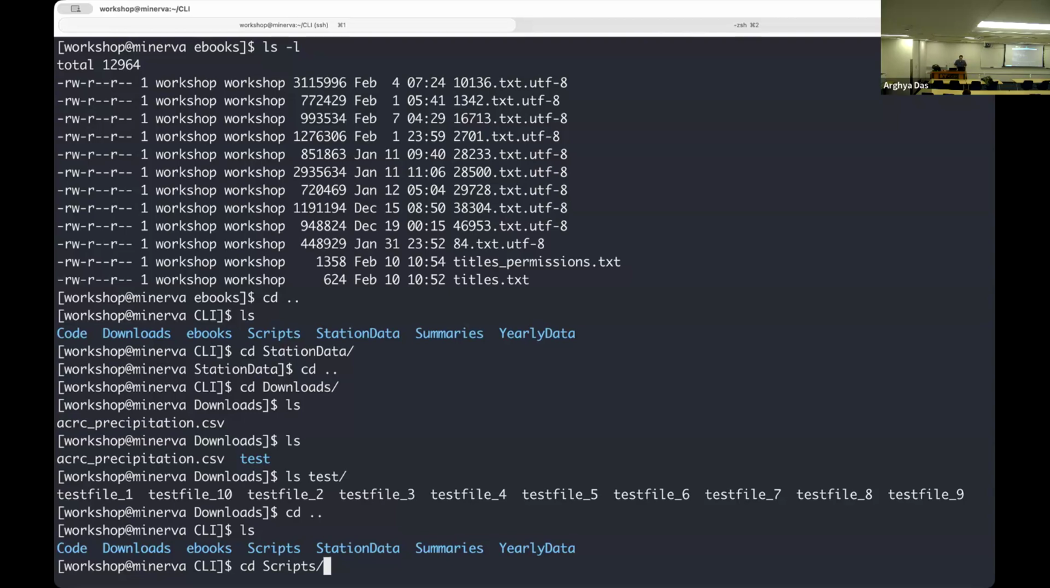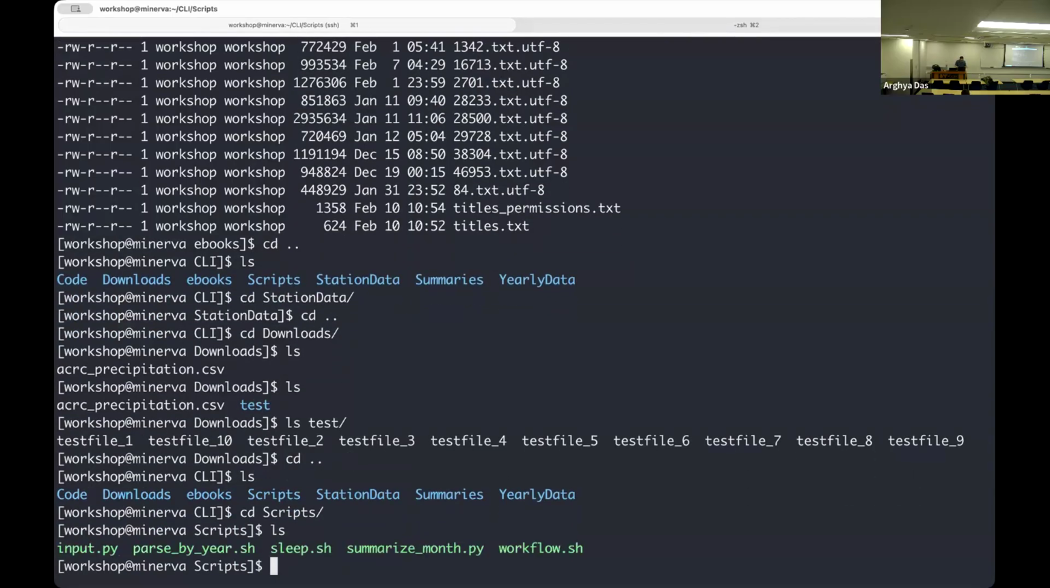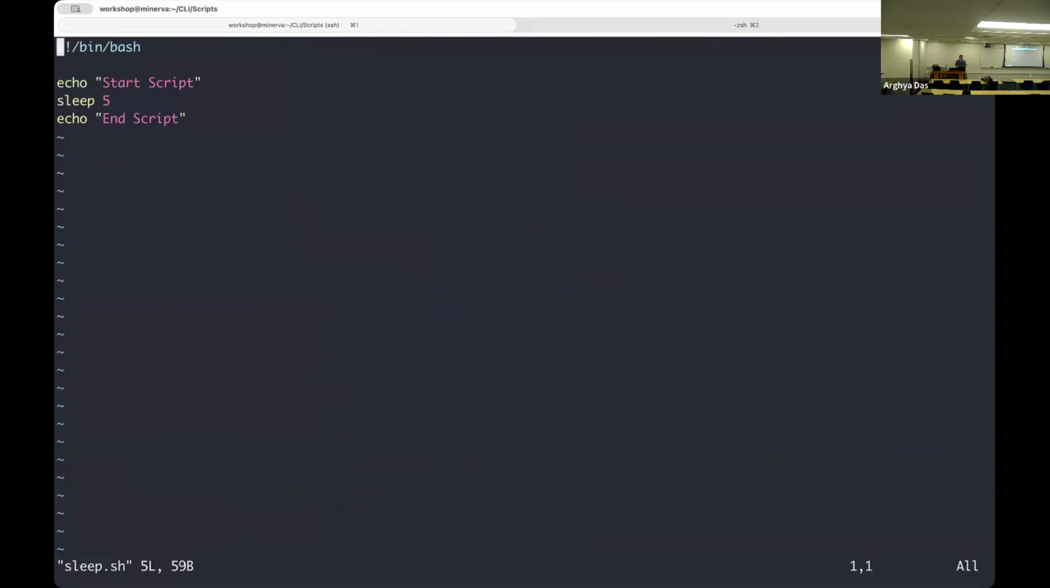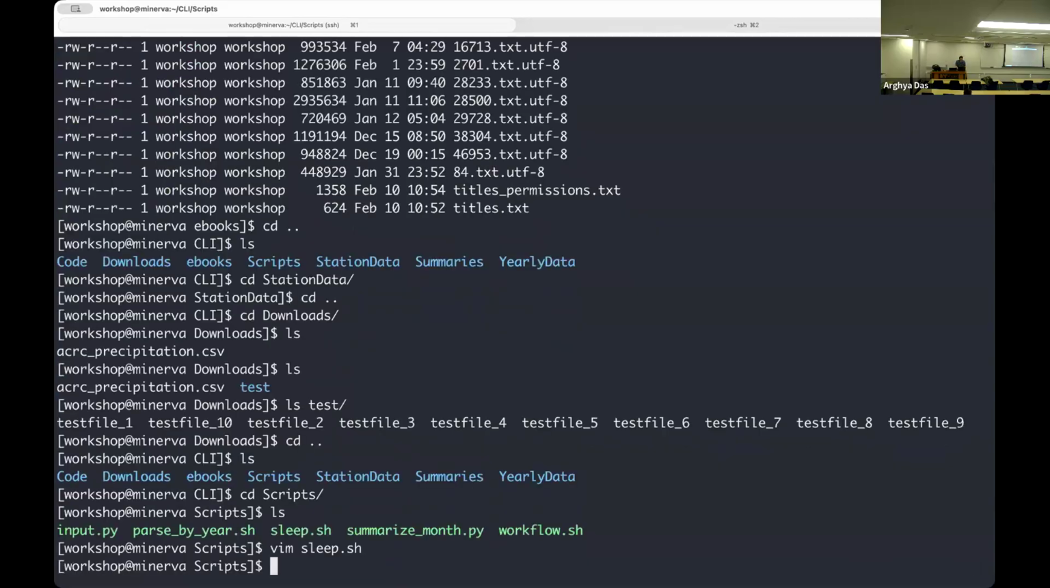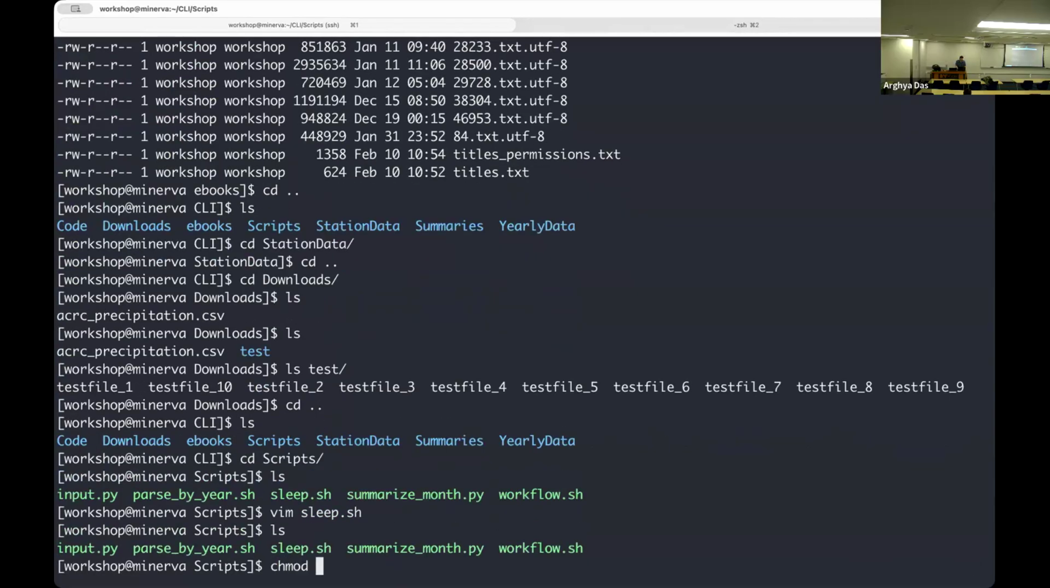Okay, I see. All right, so I have a little scripts directory here. We'll start with the most basic script, which all it does is sleep for 5 seconds. You'll see this hashtag, exclamation point, bin bash. That tells the shell that this is a bash script. Run this with bash if you're running it as an executable. So for example, let me